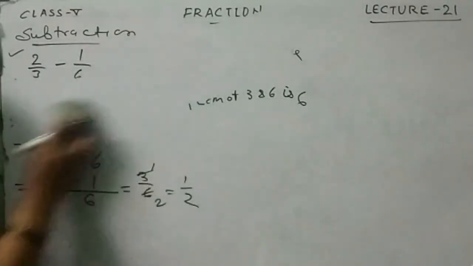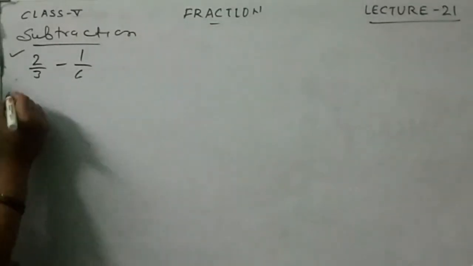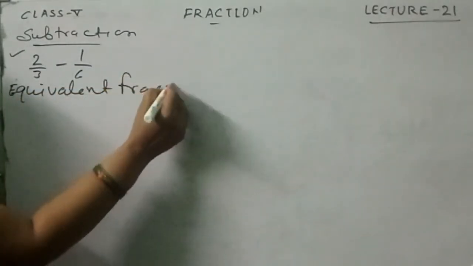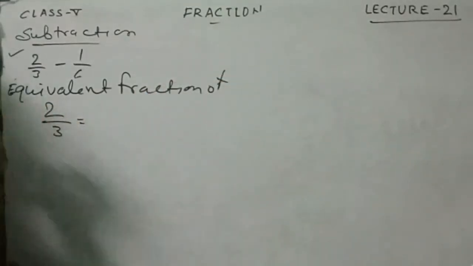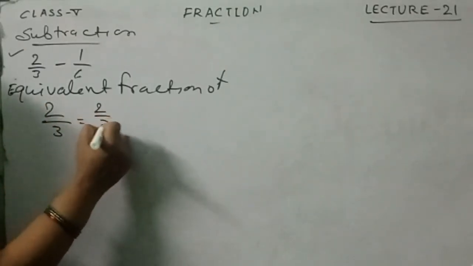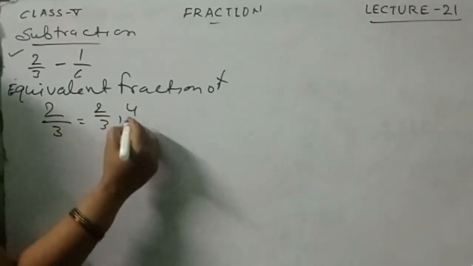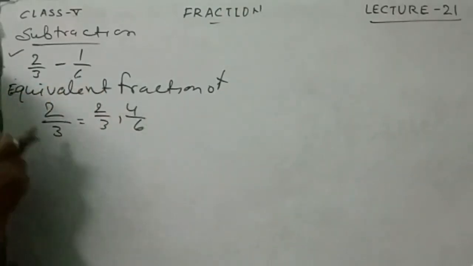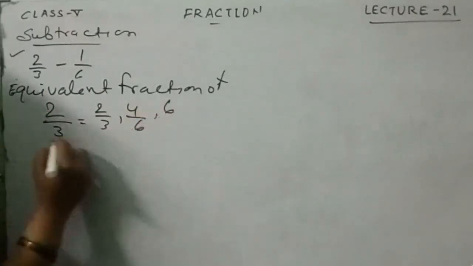And the second process is what I told you: you have to find the equivalent fractions, and after that use the numbers. So what is the equivalent fraction of 2 by 3? You have to multiply with the first number. 2. If you multiply with 1, then we get the same 2 by 3. Then 2 multiplied with 2: 2 2s are 4 and 3 2s are 6. If you multiply the numerator with 2, you must multiply the denominator also with 2. And then 2 3s are 6, 3 3s are 9.